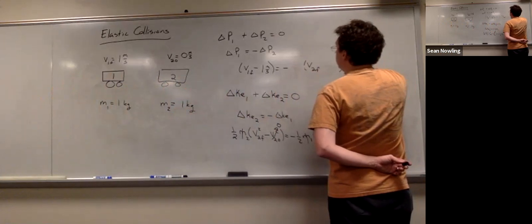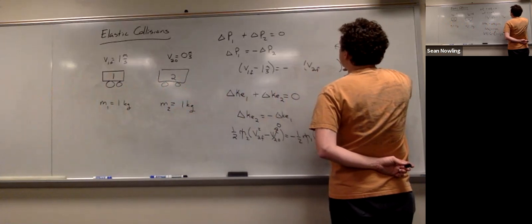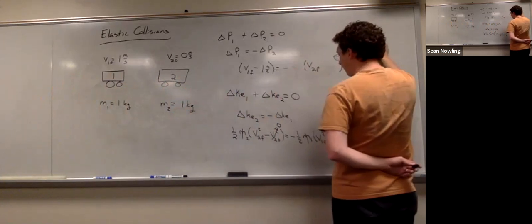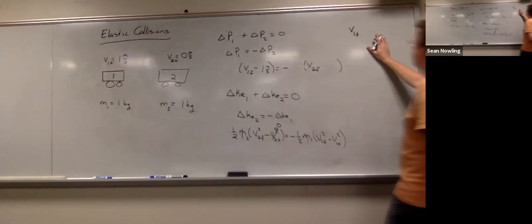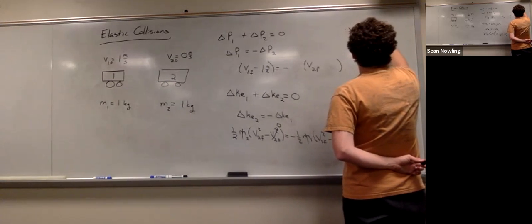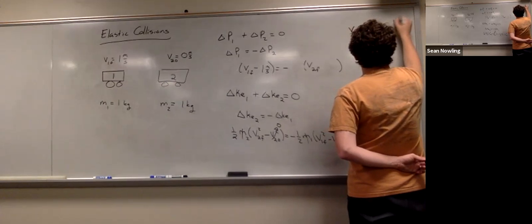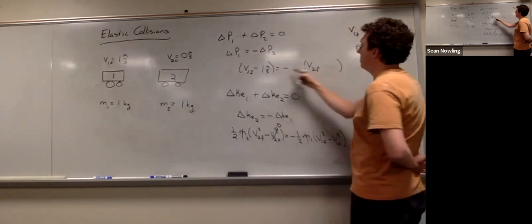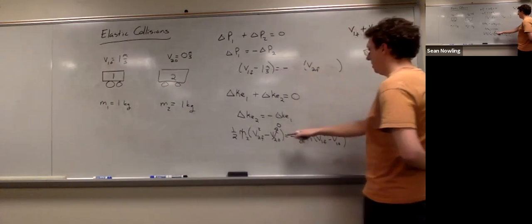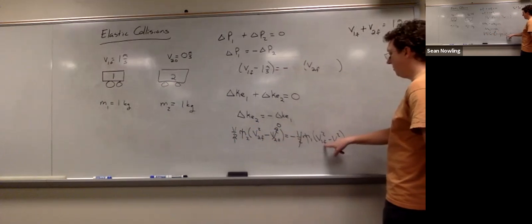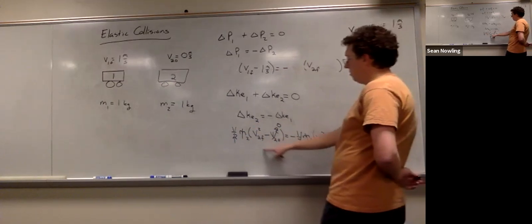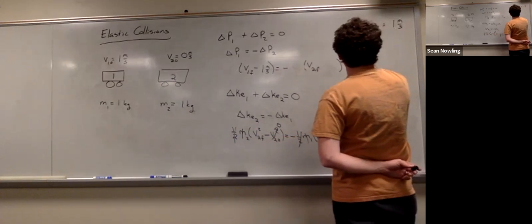V1 final. I can rearrange that. V1 final plus V2 final equals 1 meter per second. I'm just rearranging the momentum equation. And from the energy equation, I can cancel the 2's as well. I'm going to move this first term over. And that's going to say